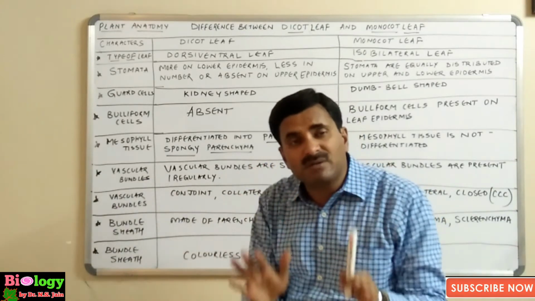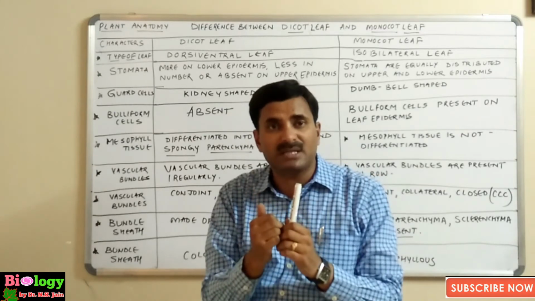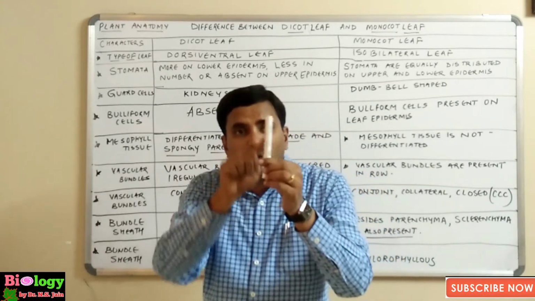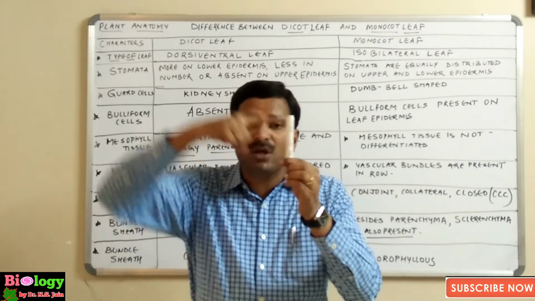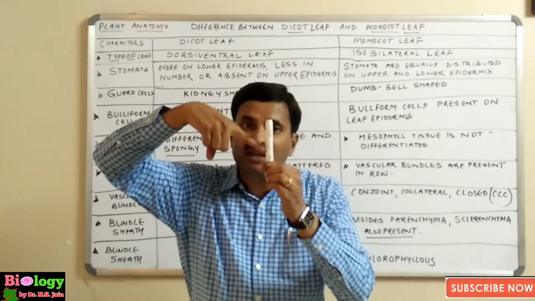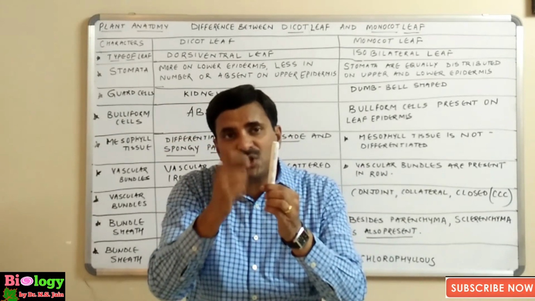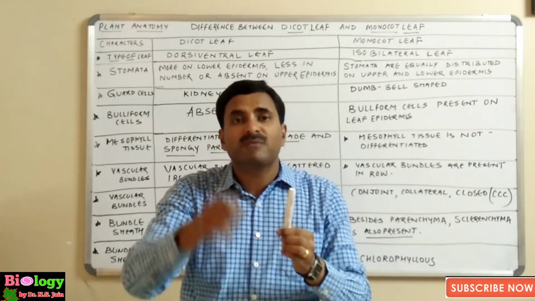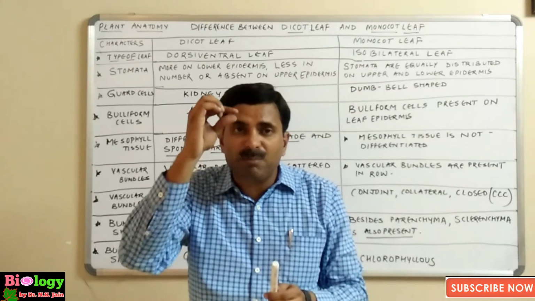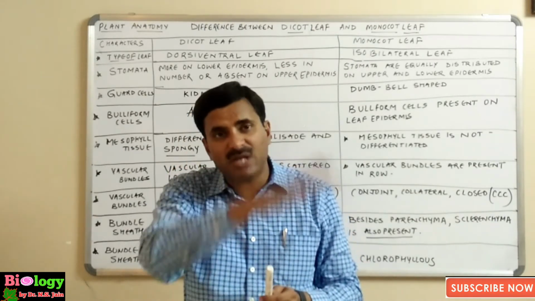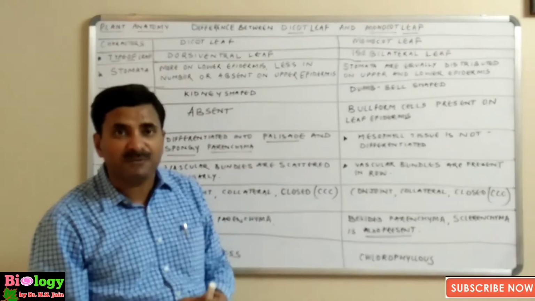Now, what type of vascular bundles are present? You must know that the leaf does not have its own vascular bundles. As we know very well, on the stem nodes are present, and from the node, say if this is the node, what arises? Leaf arises. And what happens? The vascular bundle of the stem enters into the leaf. So we can say that the vascular bundles present in the stem, similar types of vascular bundles are also present in the leaf.